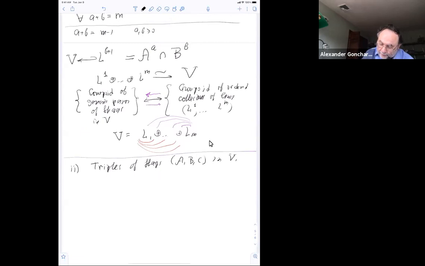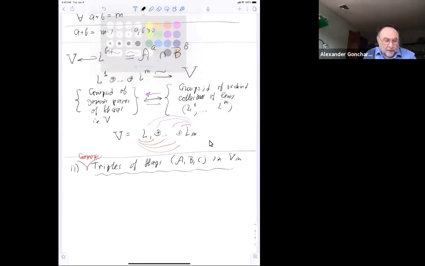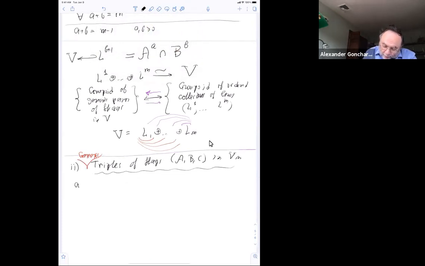In m-dimensional vector space. So we want to classify them somehow. First of all, we want to consider only generic triples of flags. And so we want to define what generic means. As before, we take a triple of numbers a, b, and c, such that a plus b plus c equals m. So these numbers are non-negative. And then, as before,